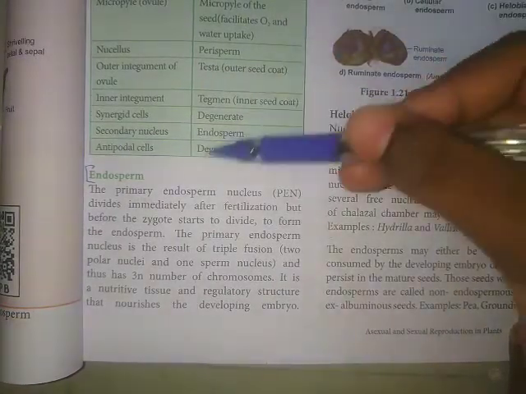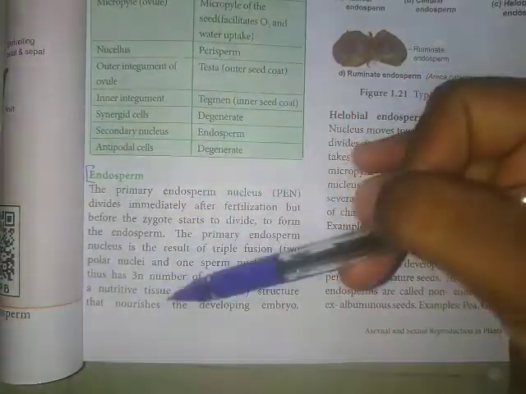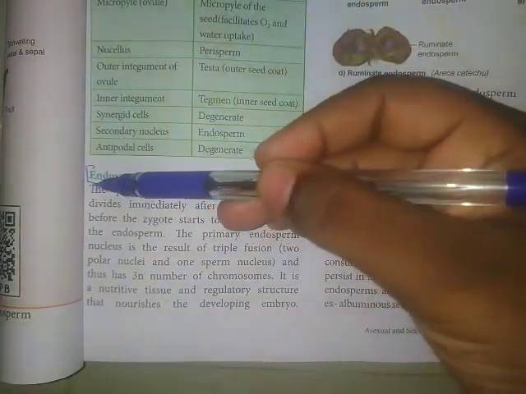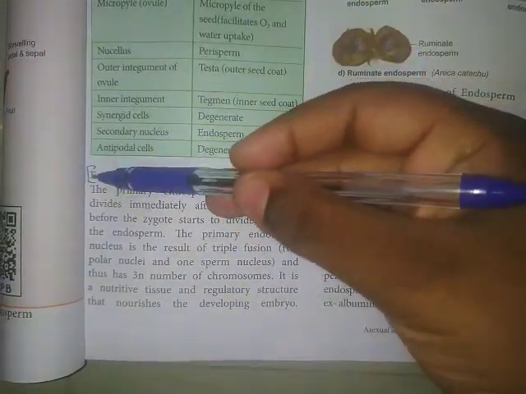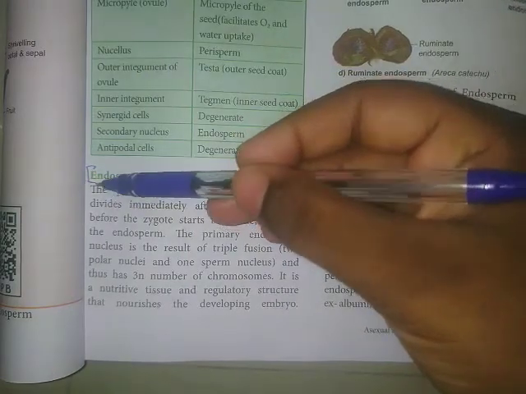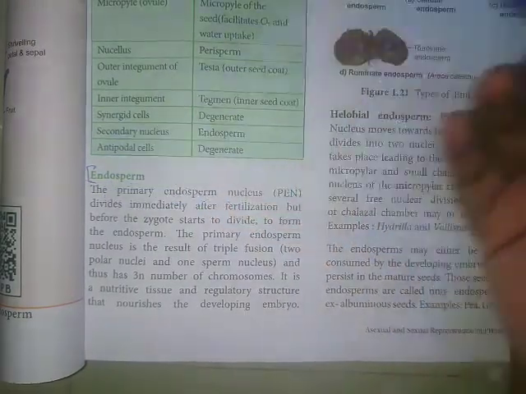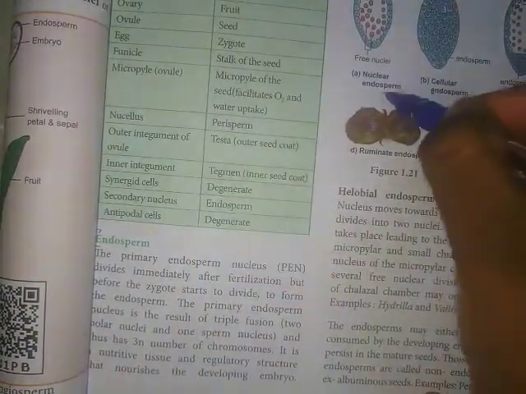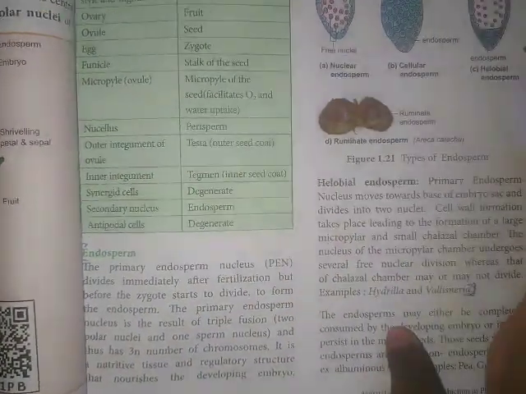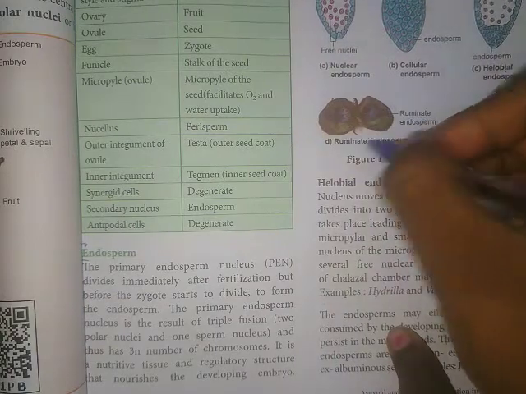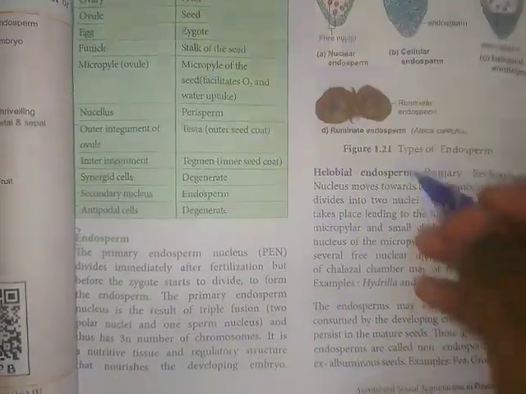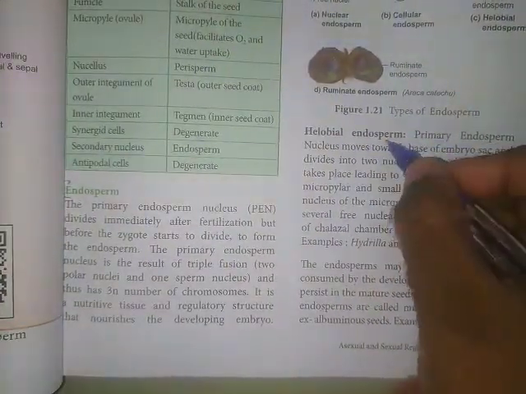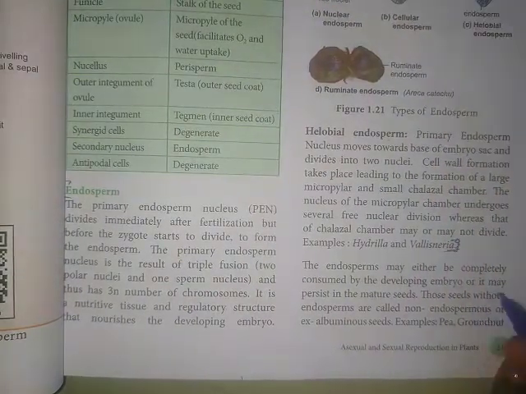So for that question, the answer starts from here. You have to write starting from this, and you have to write about nuclear endosperm, cellular endosperm. Then you have to draw this diagram: nuclear endosperm, cellular endosperm, helobial endosperm, ruminate endosperm. Then you have to write about helobial endosperm, and in this you have two types,